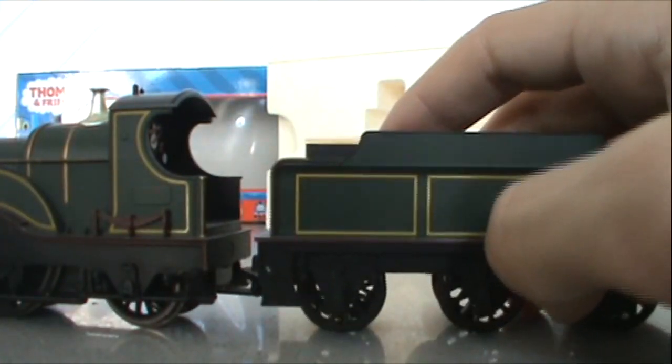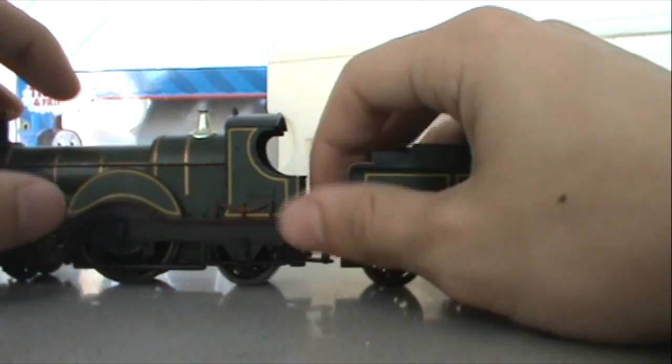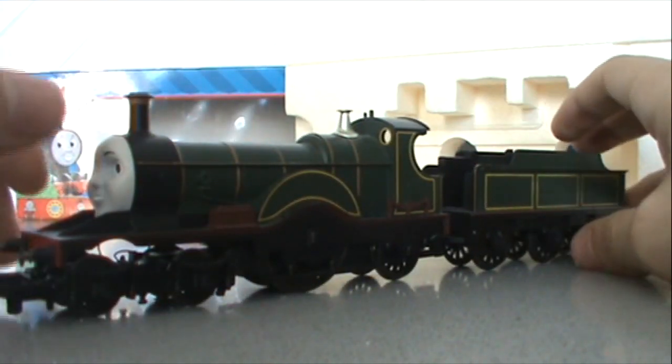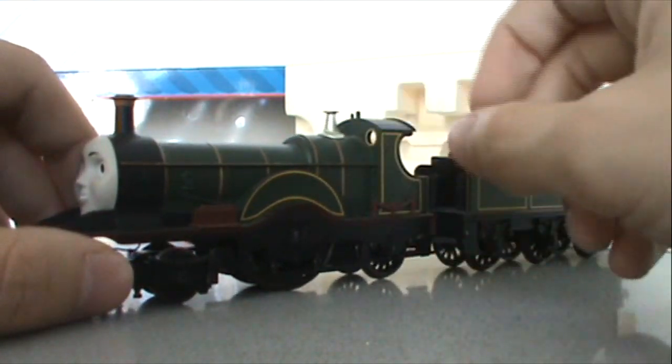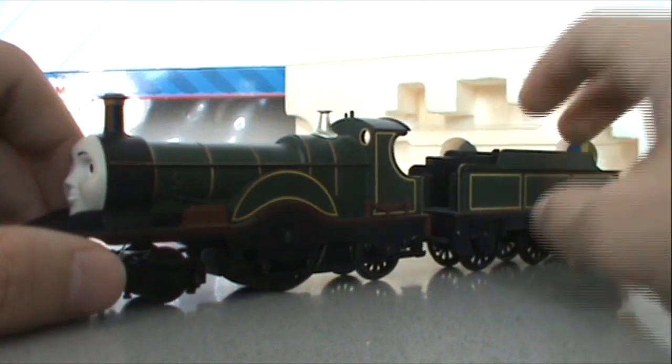I paid a fair amount for this model. I think I paid like 224 bucks for this engine, which seems like a lot of money. And first of all, she's an extremely rare model, and usually I would not pay that much for a Thomas loco, but